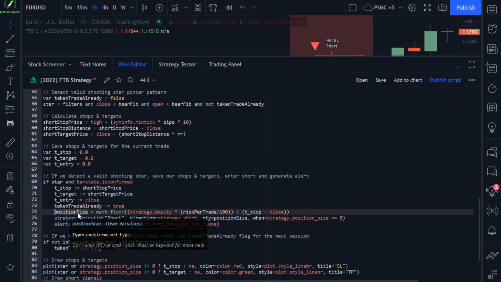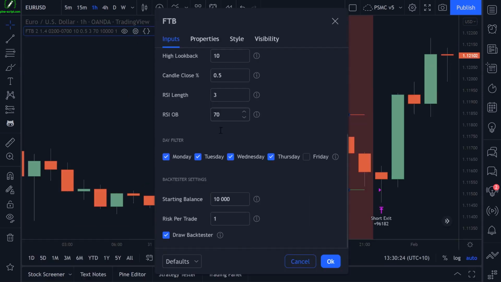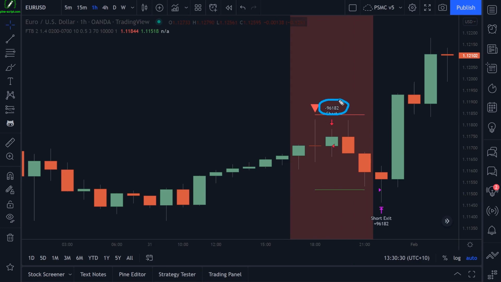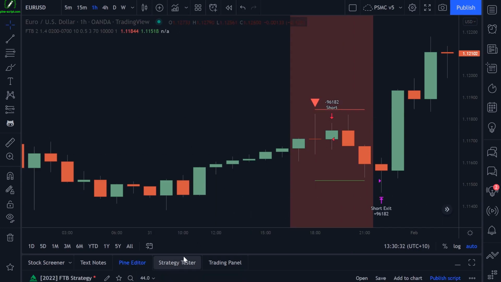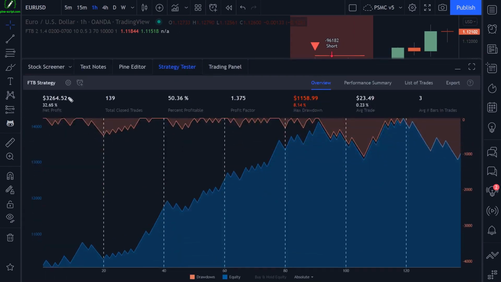Then we calculate our position size just using the simple method here. Go and watch the calculating position size lesson if you haven't already. That explains what this math here is doing. But this is calculating our risk per trade, our position size, as a percentage of our account balance. So 1% of a $10,000 account by default. That gives us our position size, and the strategy tester then gives us a slightly more accurate net profit percentage